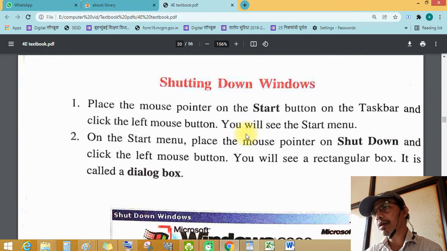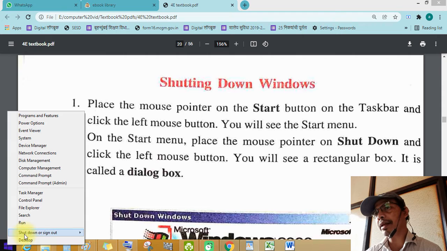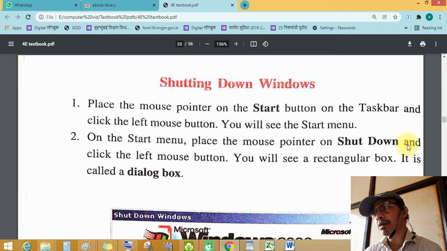Now shutting down Windows. When your work is complete, place the mouse pointer on the start button on the taskbar and click the left mouse button. Then click shut down or sign out of Windows. Click shut down with the left mouse button.